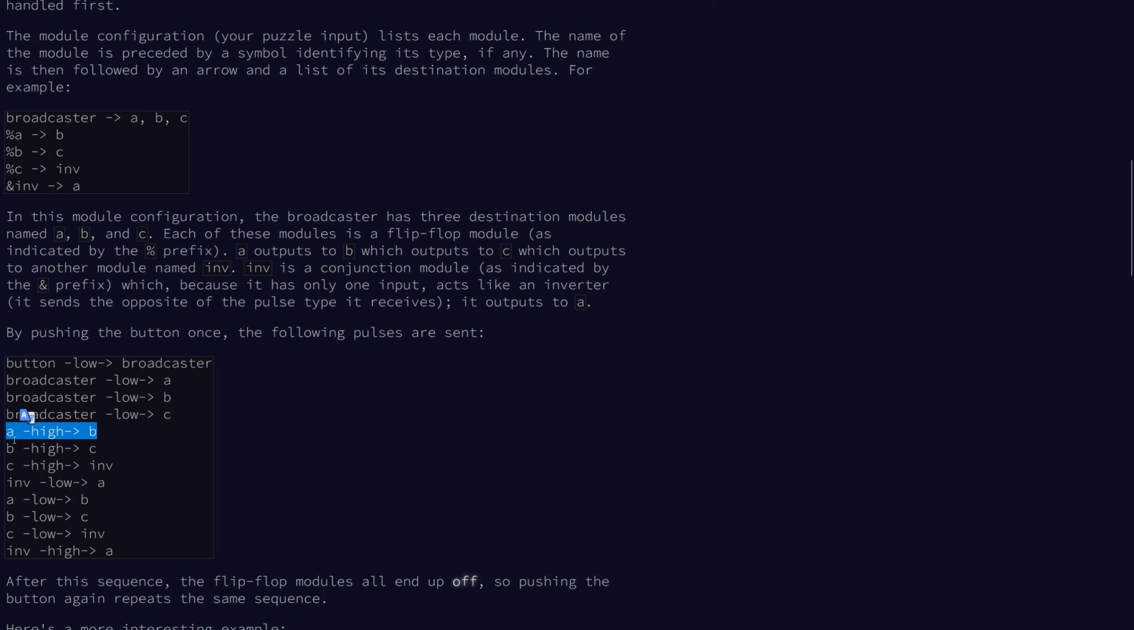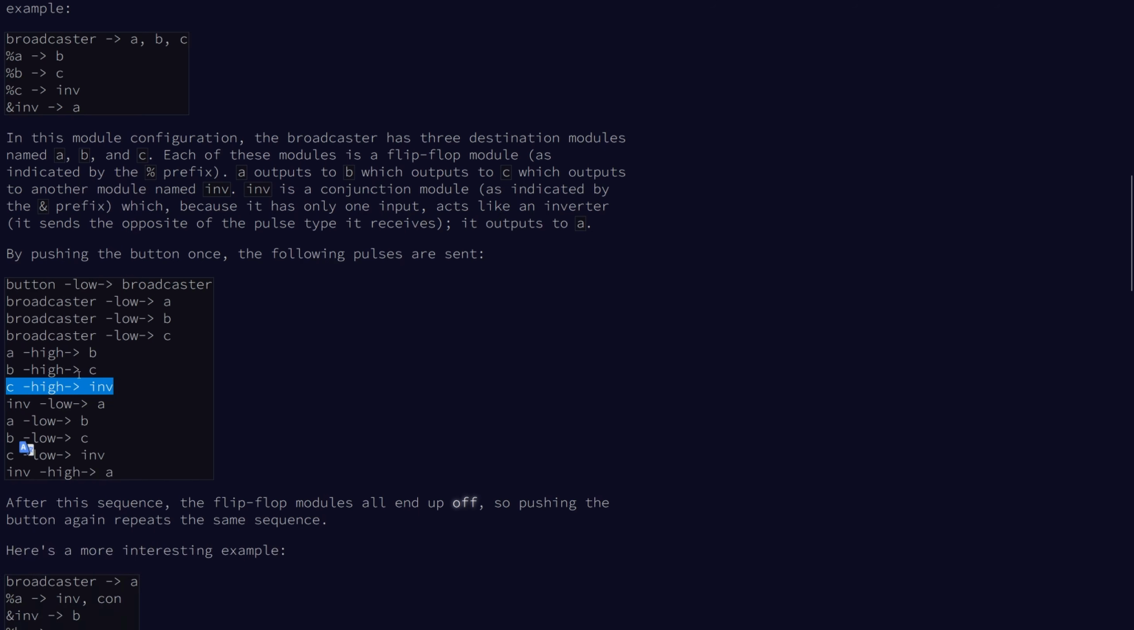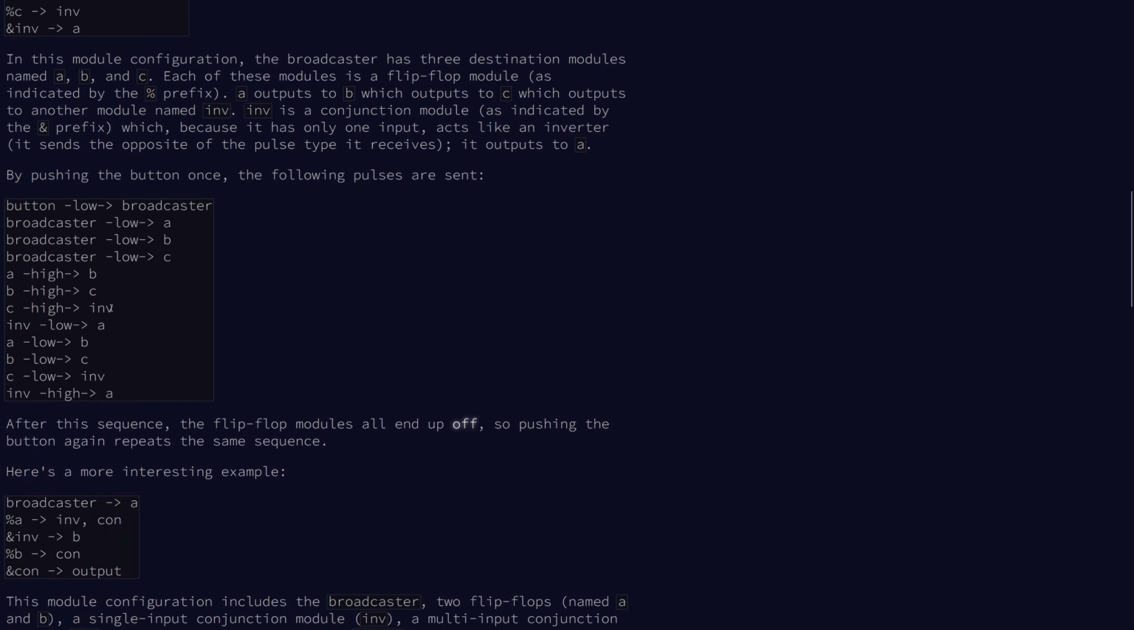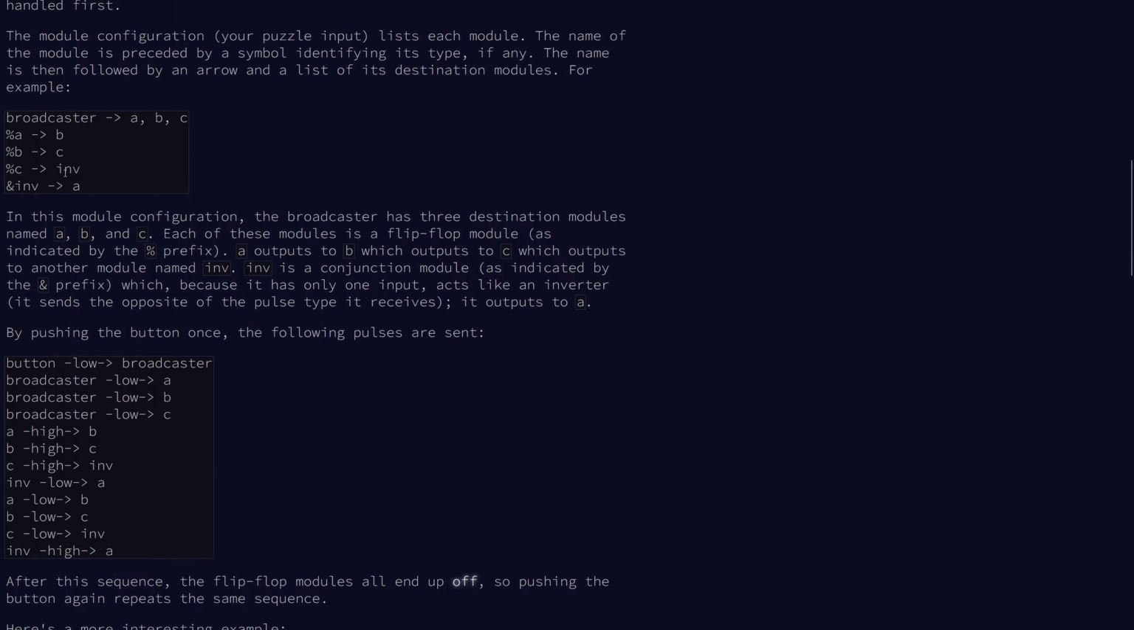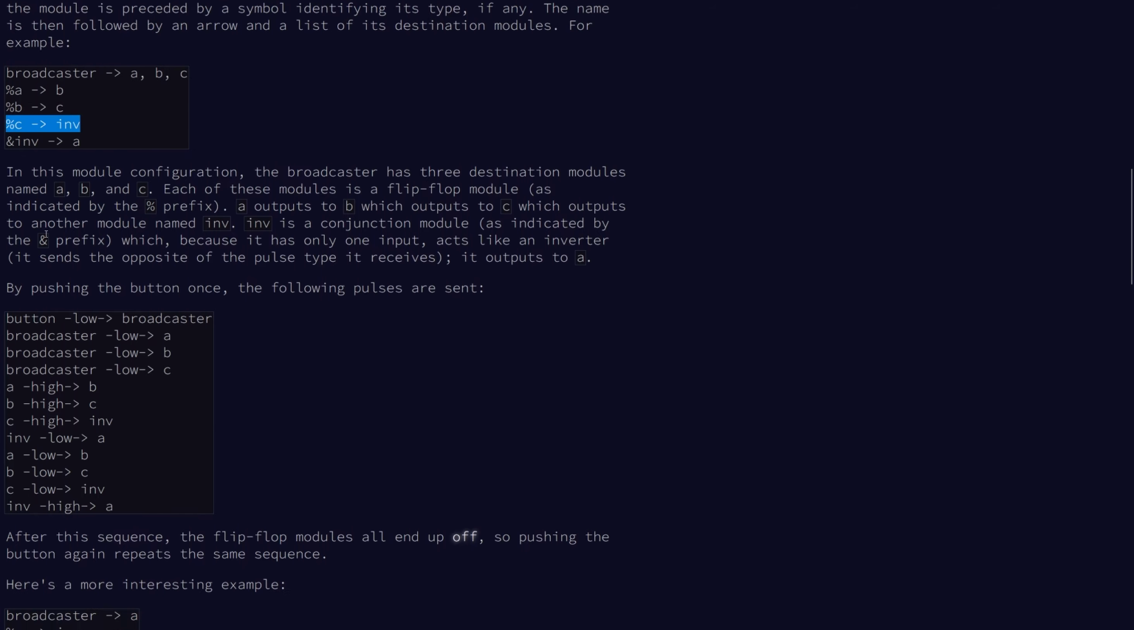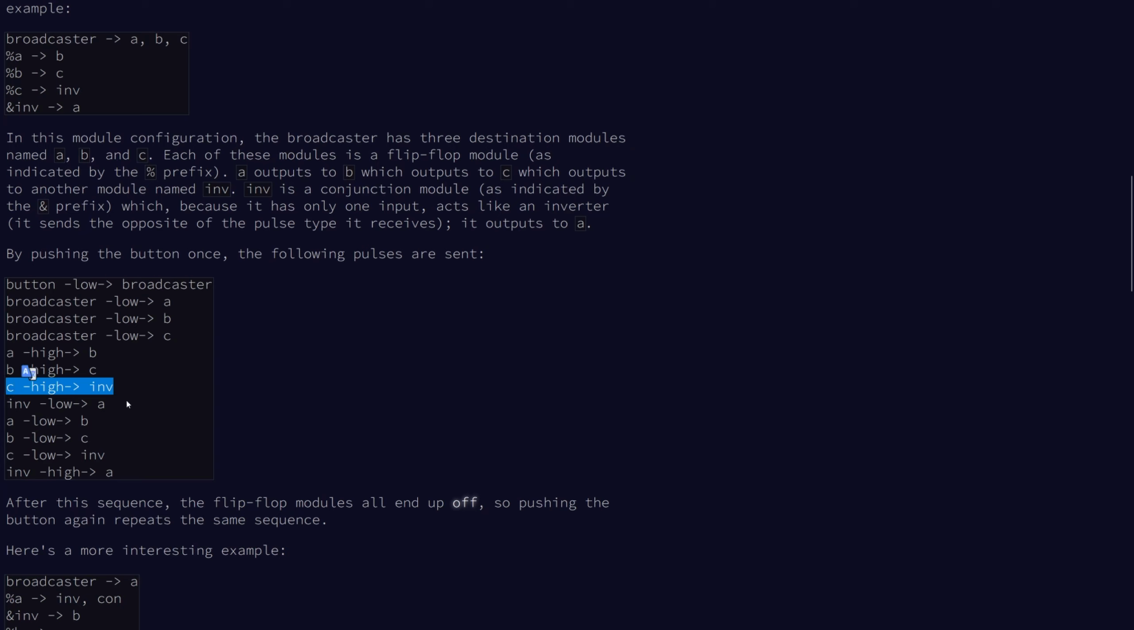Now this pulse is handled, but it's ignored because a high pulse sent to a flip-flop does nothing. Same with this. And finally, this pulse is handled, and a high pulse is sent to inv. inv only has one input, which is C. So when C is turned on, inv now has all inputs high, and so it'll send a low pulse to A. This toggles A back from on to off, which causes it to send a pulse to B,